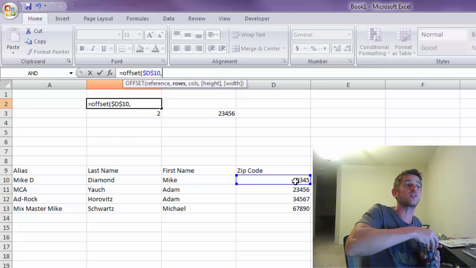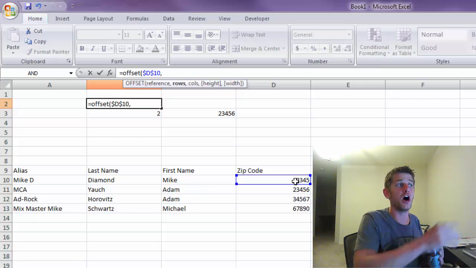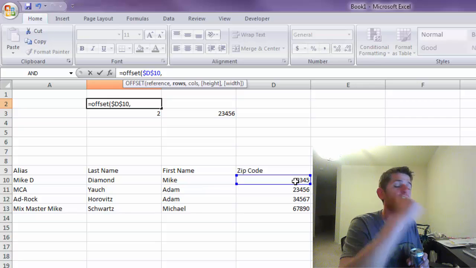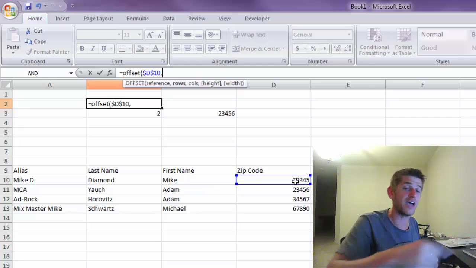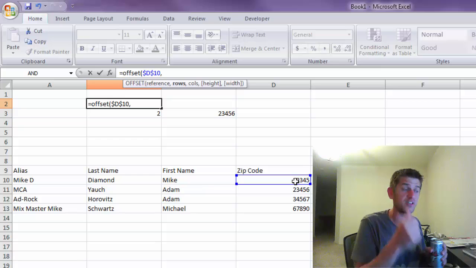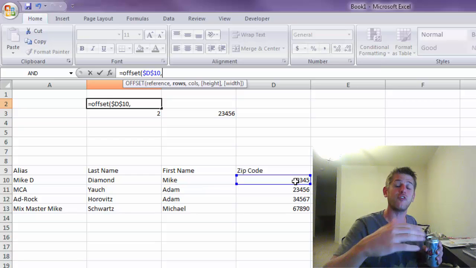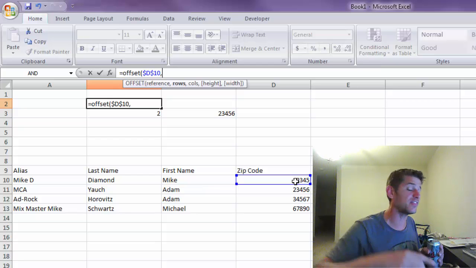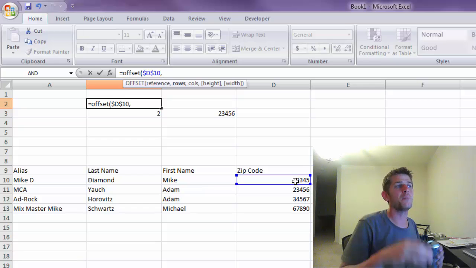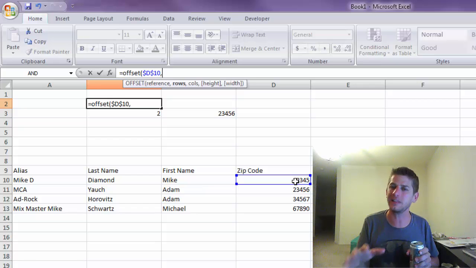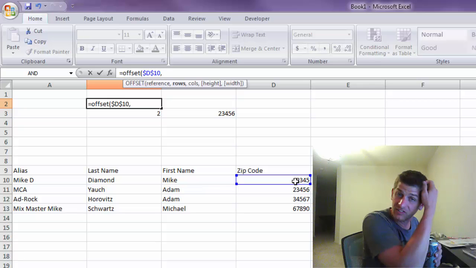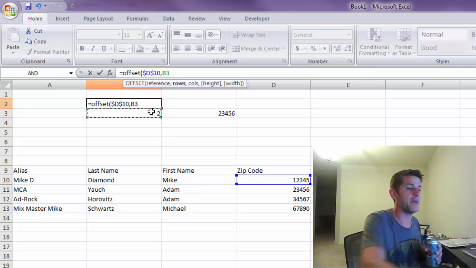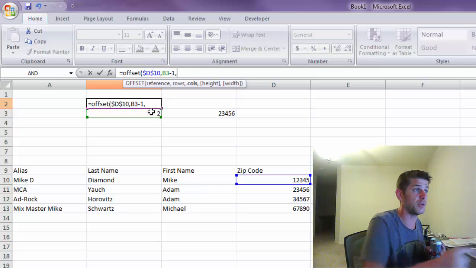So we need to subtract 1 from the value that the match formula is providing, because the match formula is telling us how far down the list to go. Now we could change the reference to D9 and then not subtract 1, but I want to keep the formula clean and similar for one of the next steps I'm going to show you. So we're going to say B3 minus 1,